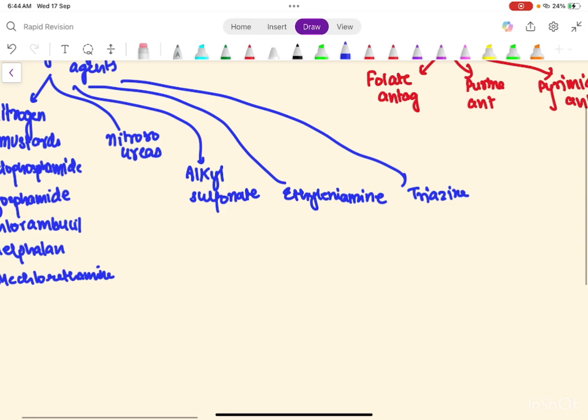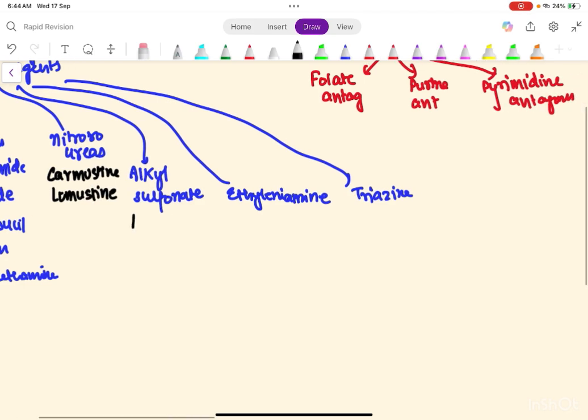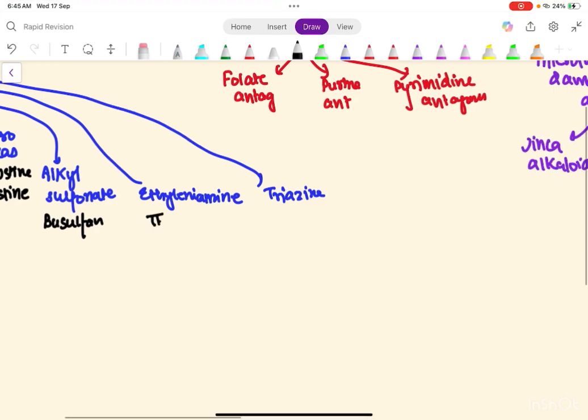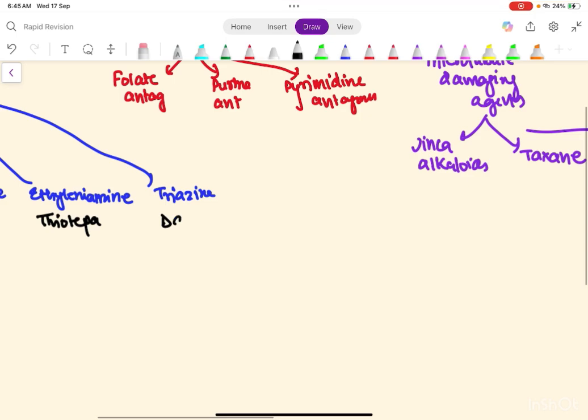Then in nitrosoureas, you have to remember carmustine, lomustine. Alright, then in alkyl sulfonate you have busulfan, then in ethylamine you have thiotepa, and in triazines you have dacarbazine